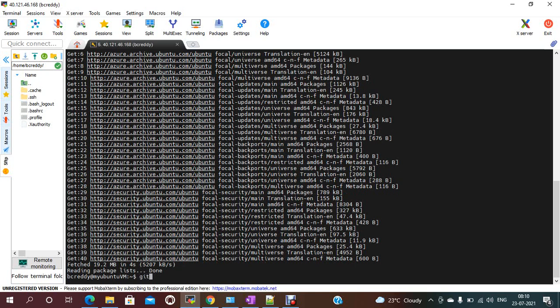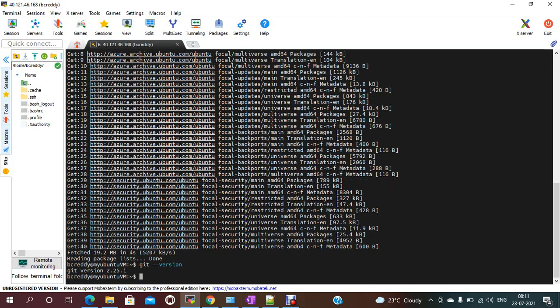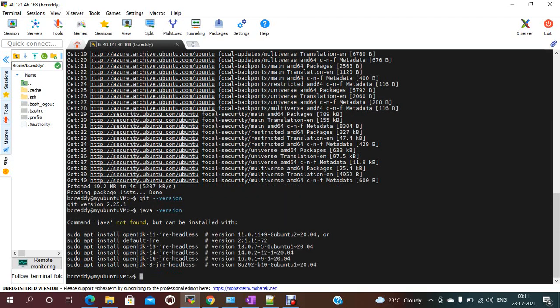By default Git should be installed whenever we create the machine. Then Java: let me check whether Java is installed. Java -version. Java is not there currently. If you want to install Java, you just need to run apt-get install Java. Otherwise it will give the related information, with -y.